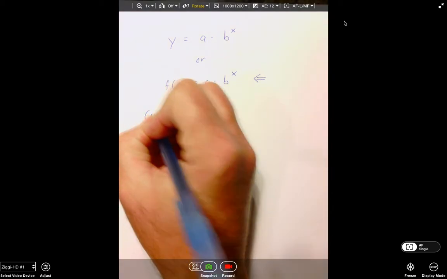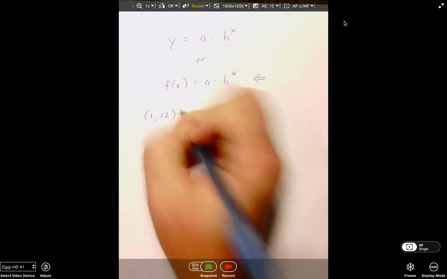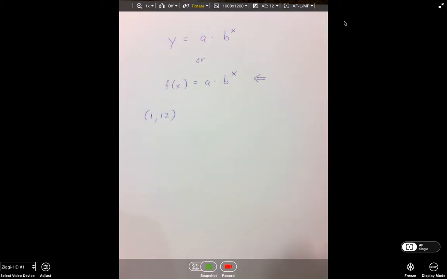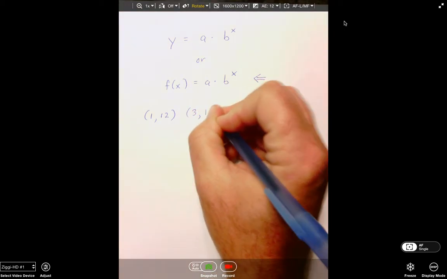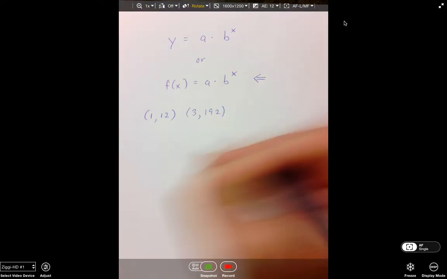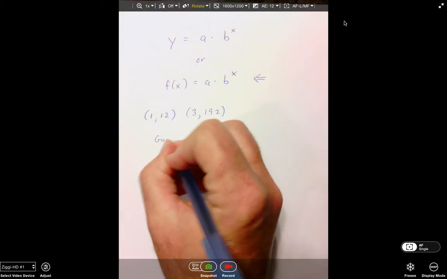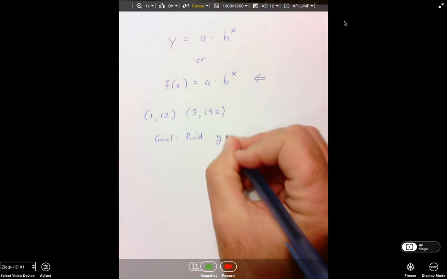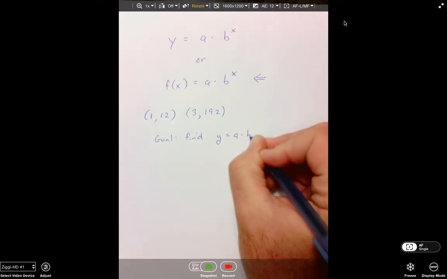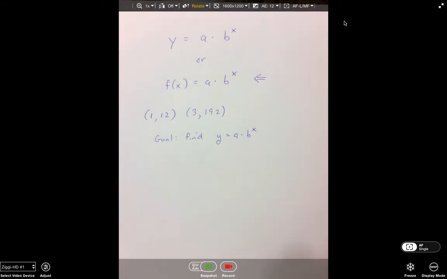Let's say that we have the point (1, 12). And we have the point (3, 192). And the goal here is to find the function that fits